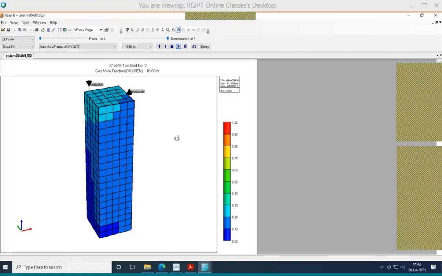If you have any doubt, you may please ask now. Or if you want to see any other changes, let us say if you want to change the different perforation intervals, how we will be doing, or if you want to change the model to any other thing, please let me know. Or if everything is clear, please type yes.